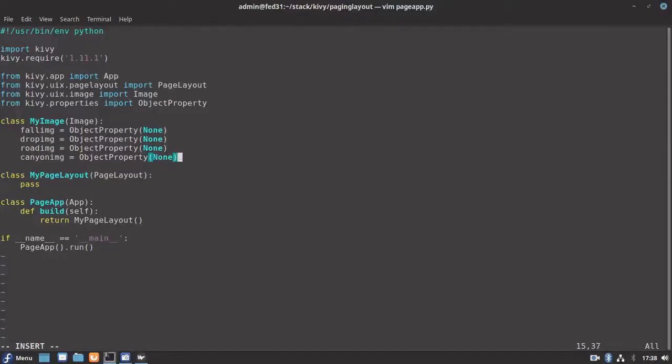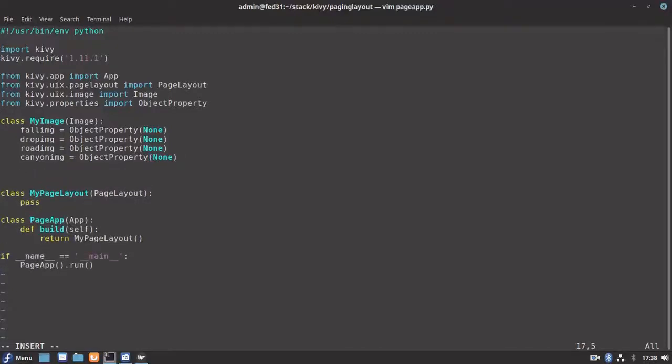Okay, so with this we have hooked up the attributes in the KB file with the properties in the class. So we will be able to reference our object instances in the KB file using these properties. Okay, so now that we have our images, let's define the events for those images, that is